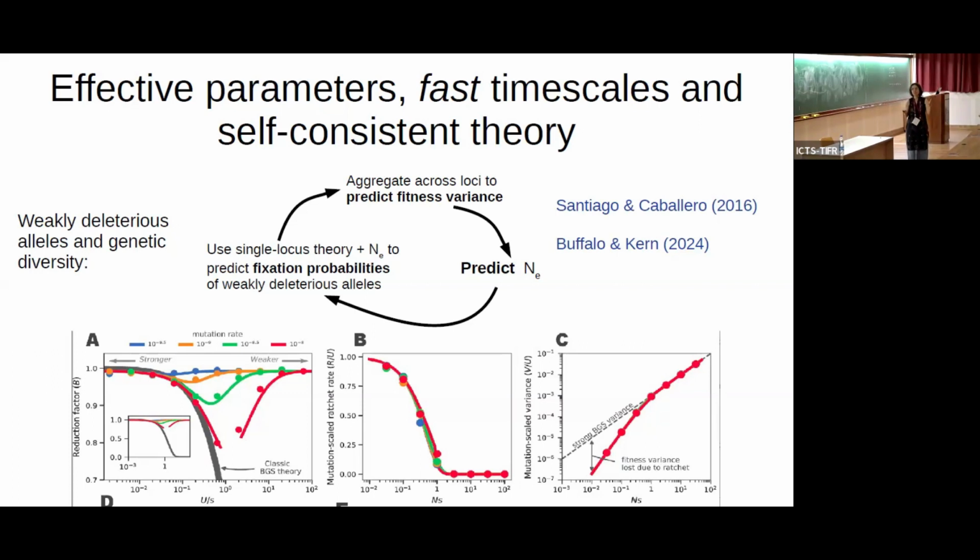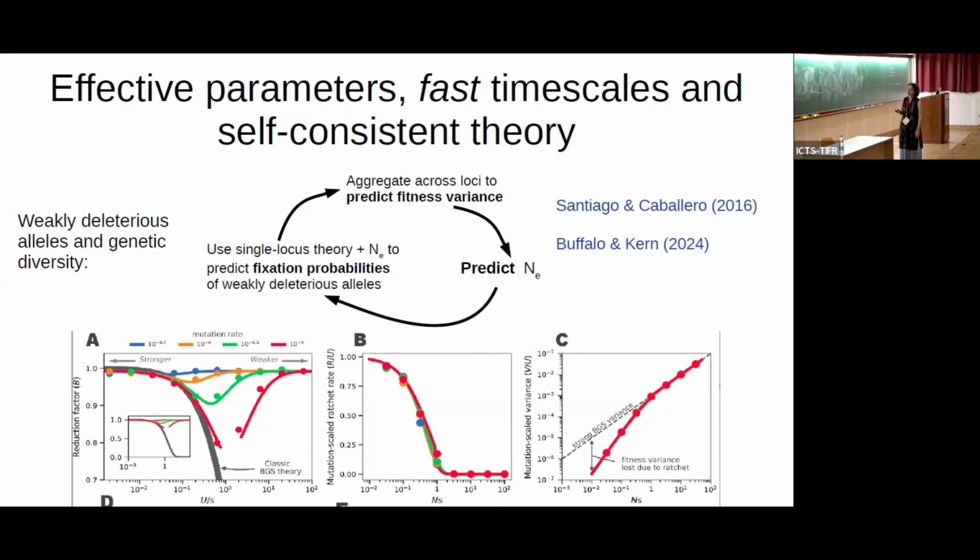The thing with weakly deleterious alleles is that they can fix quite easily in the population. So what these people do is use single locus theory plus Ne to predict fixation probabilities of weakly deleterious alleles. Then they aggregate across loci, across the entire genome, to predict fitness variance, and then they use this to predict Ne, and so on. So again, this is a self-consistent way of doing it, and they find rather good predictions for